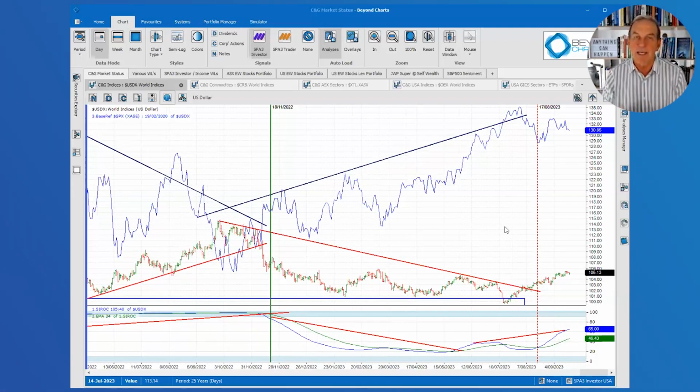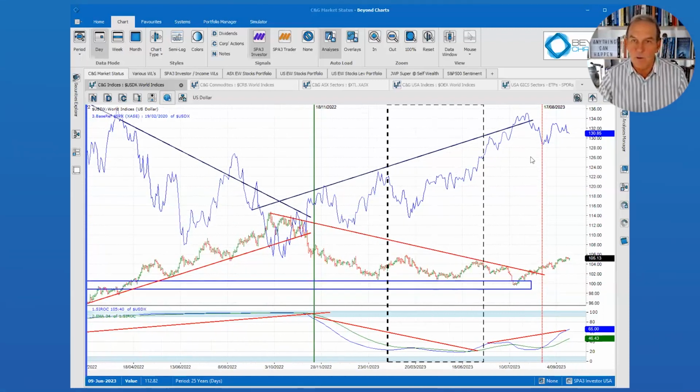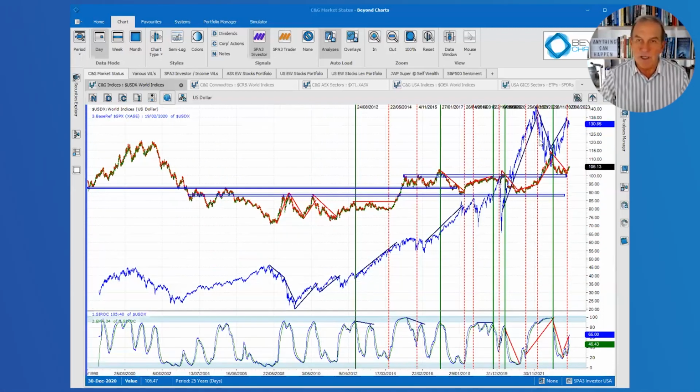We want to see money coming out of the US dollar going to other currencies, because that means money is going to other markets. And we're not seeing that at the moment. We're seeing it staying in the US dollar. So typically there's a negative correlation between the US dollar and stocks, and it's quite a strong one. When you download this analysis, you can go back and look at all the buy and sell, see what the correlations are.